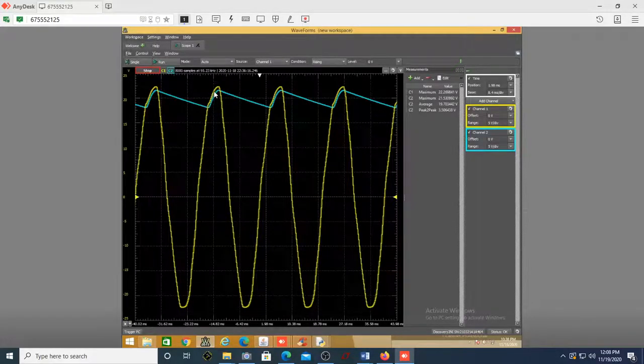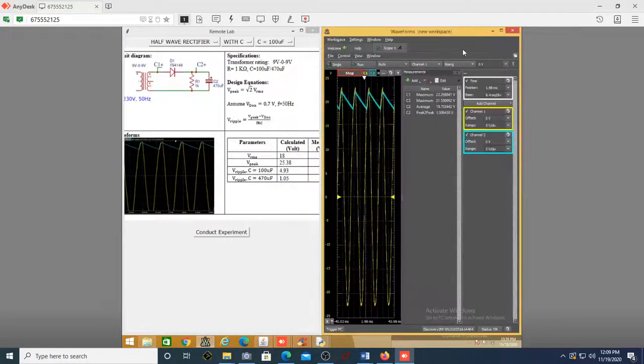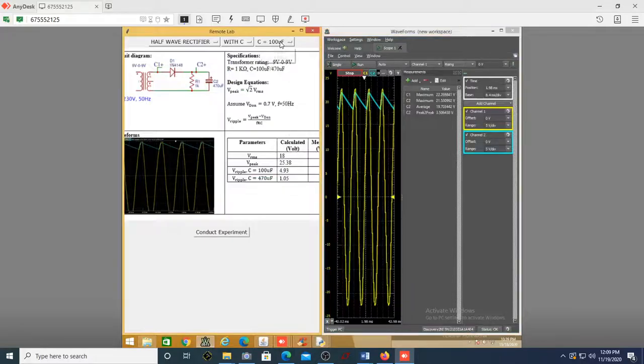But it is true that as the capacitor discharges, as the value of capacitor increases, this ripple voltage will certainly reduce. So now we will increase the value of C by almost 5 times, exactly 4.7 times. The ripple should also reduce. So 3.5 divided by 4.7 times increment, it should be 0.744 volt. The ripple voltage should reduce.